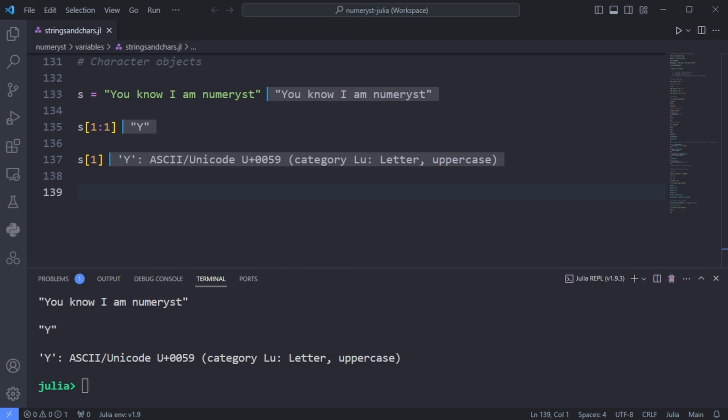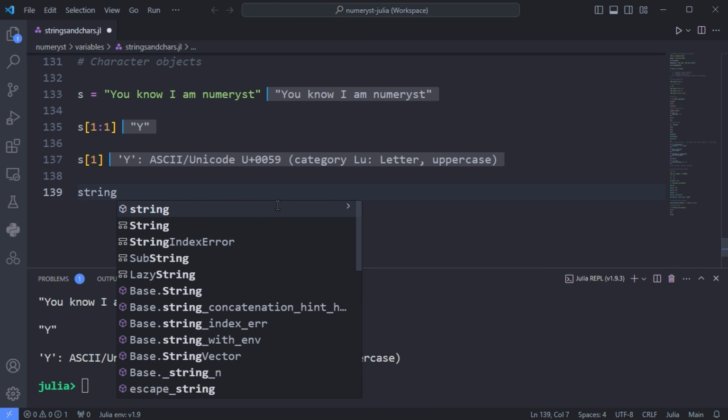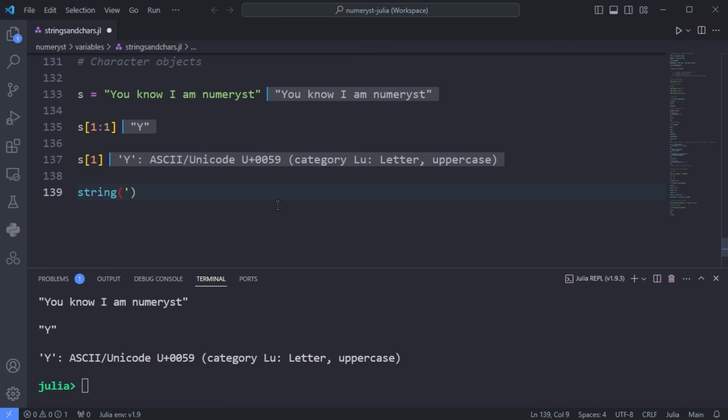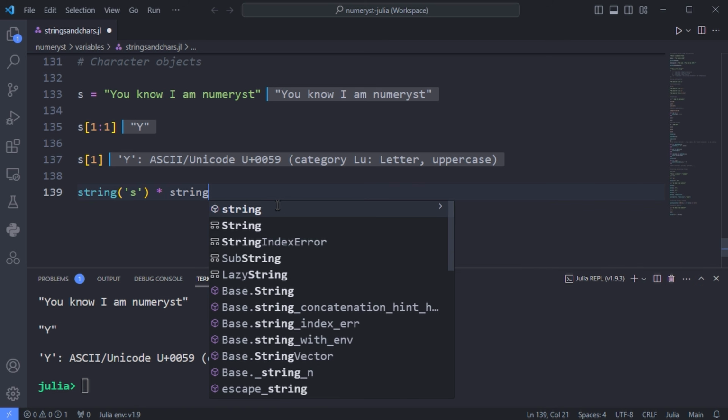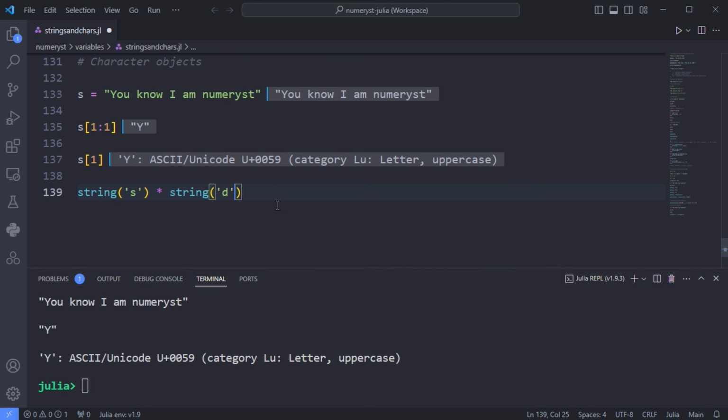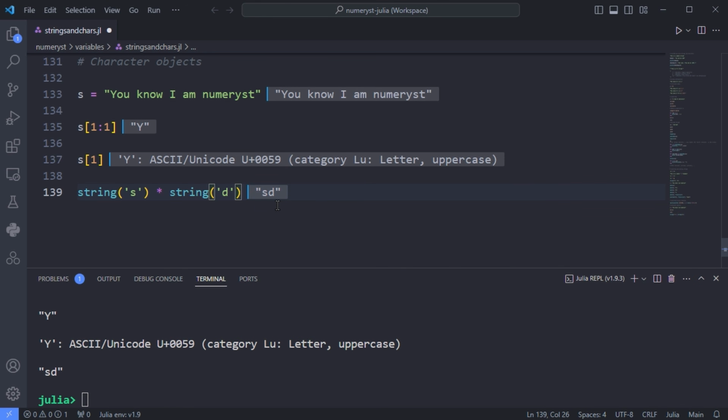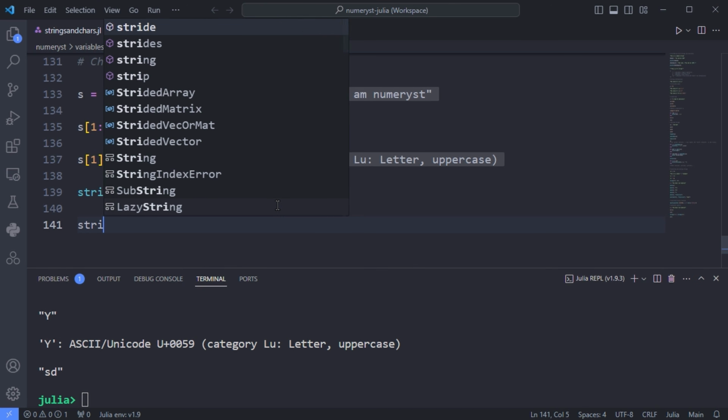So, single quotation, a character, single quotation again is a character object, but double quotation, a character, double quotation is a string with length 1. These are not equivalent. You can convert character objects to strings easily enough by using the string function and using the multiplication operator again,